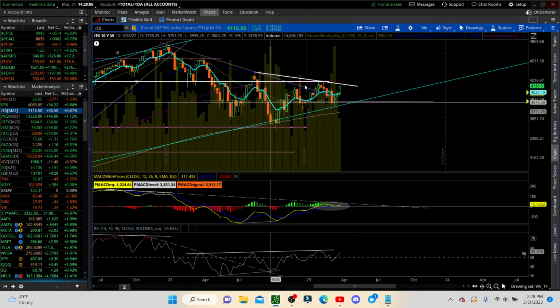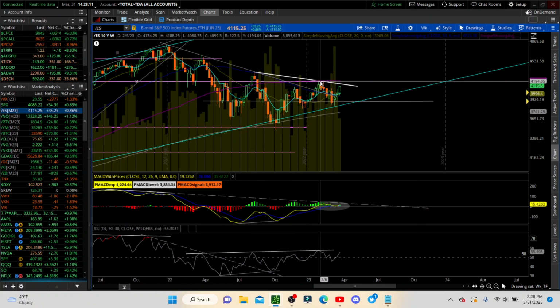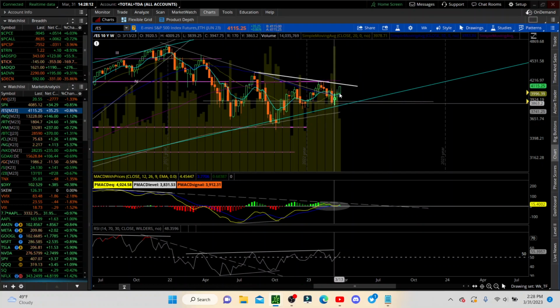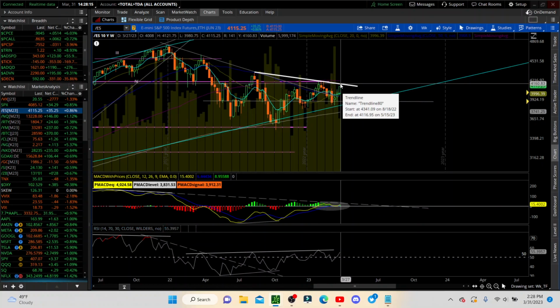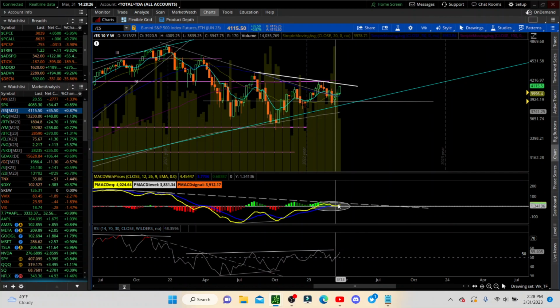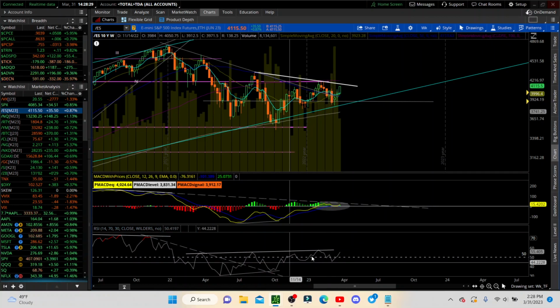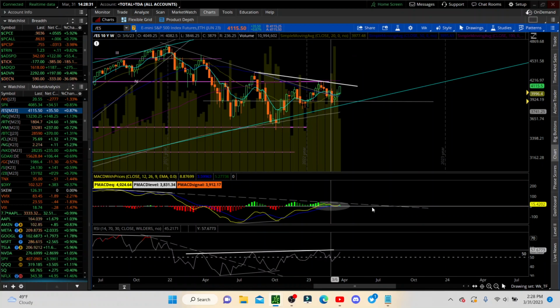So this is just a big range, and we've been counting this as an A, B, C, D, E, which does not have to touch the top of the triangle in a triangle pattern, and a continuation to the bear side. Okay, anything else on this one? We're still in the neutral stance here. We're up against resistance. You see this is making some sort of bear flag. Let's move down to the daily.